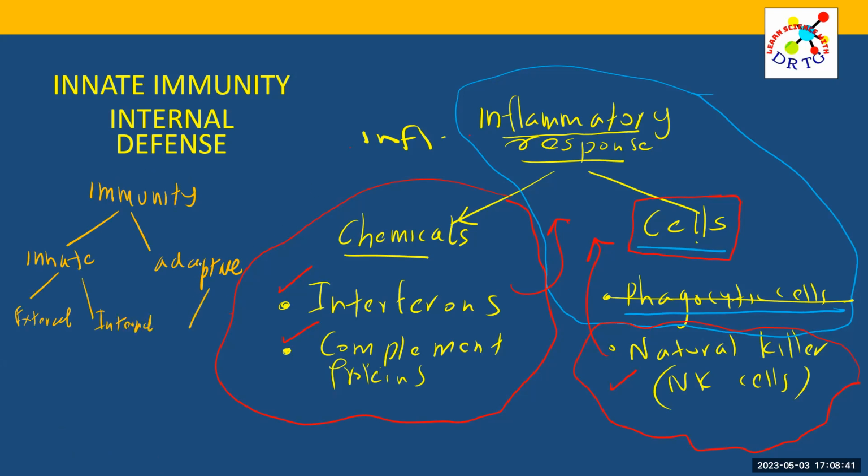Adaptive immunity we can again divide into two, cellular and humoral. Cellular and humoral. Now internal defense,